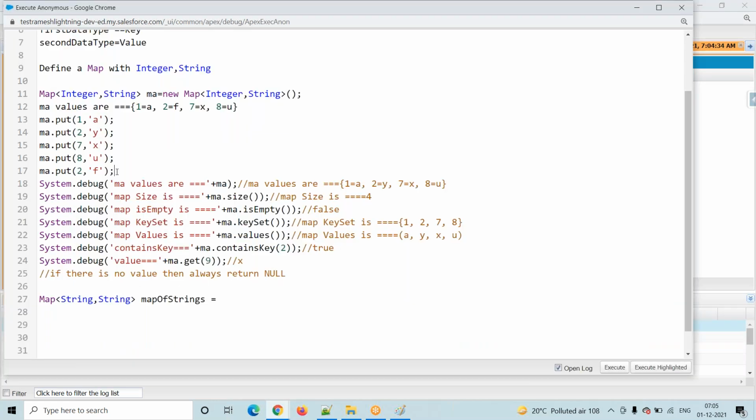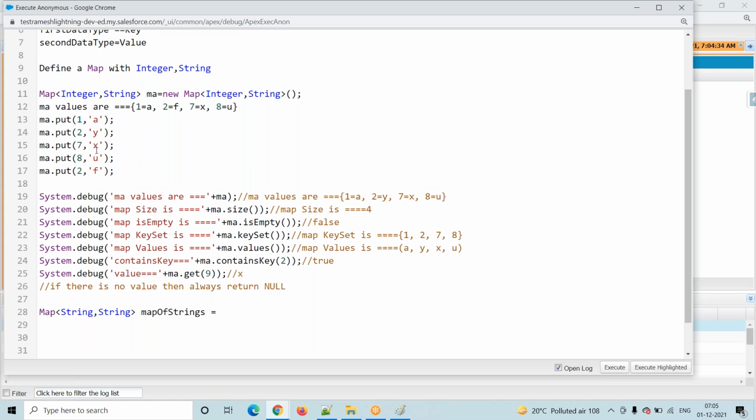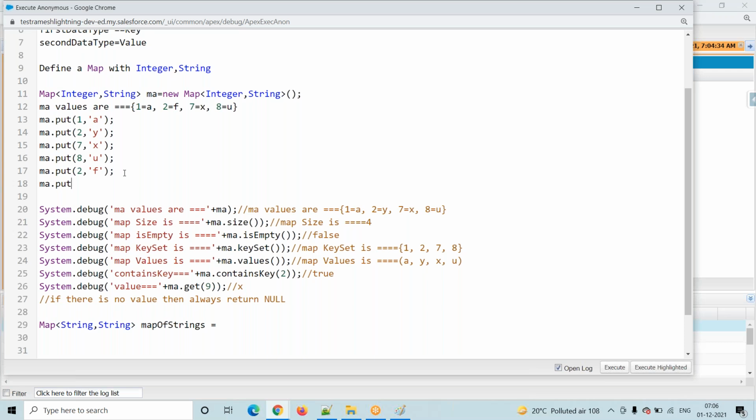I forgot, this is also one important point. Duplicate keys: for example, I am adding 2 here two times. How will it treat that? It takes the latest value we are trying to add. For example, here map.put, I will not add anything to the key, I will just put null.